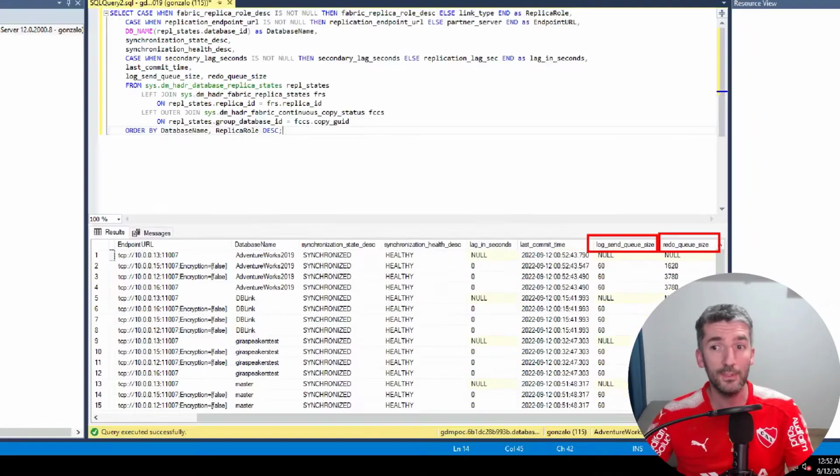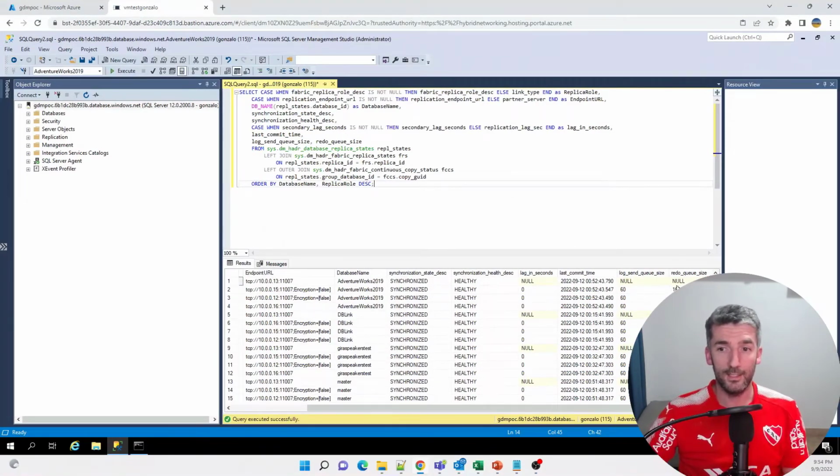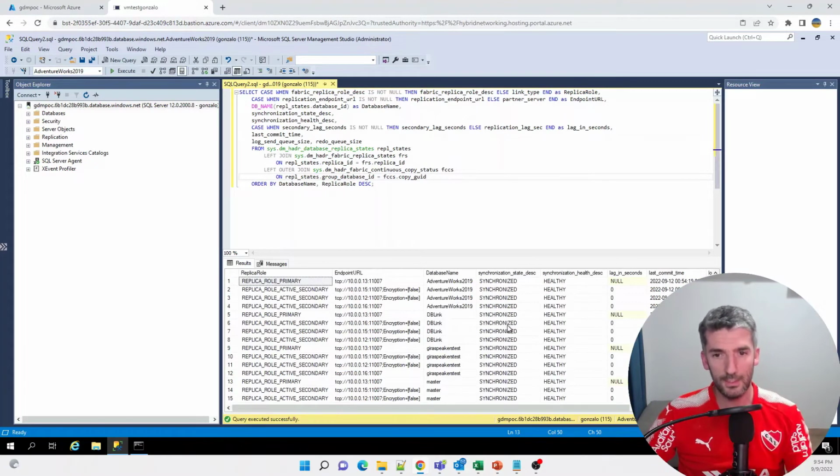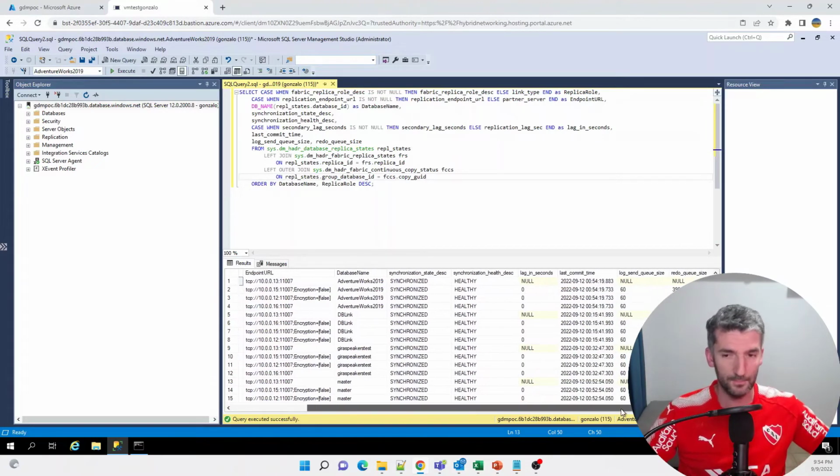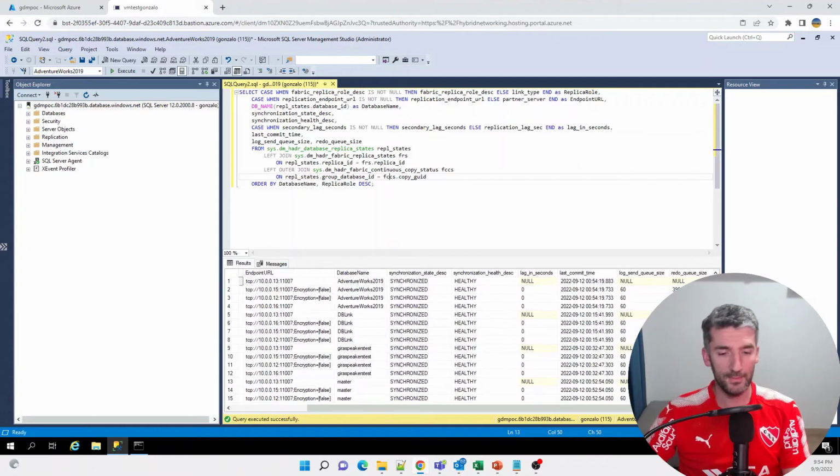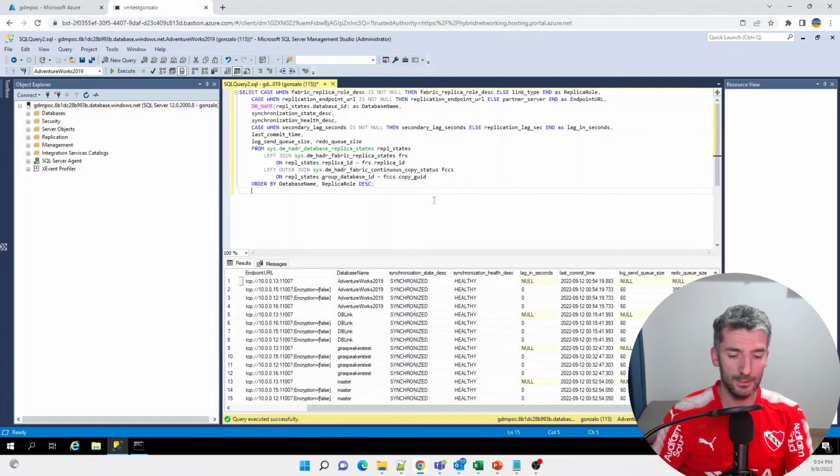This one is in KB by default. So as of now, we need to apply this size, this KB size, to the database on the secondary side. And this is how we see today that an availability group is being used, because I'm using business critical for my database. Other things that you can see in case you want to identify that we are using availability group